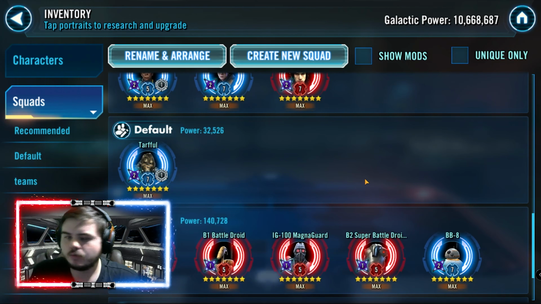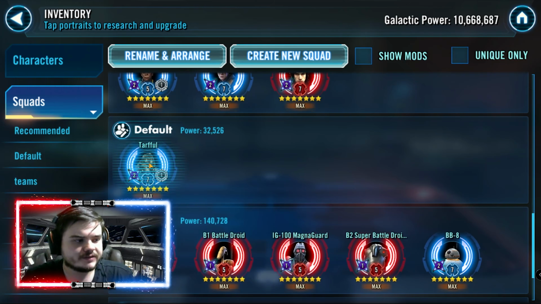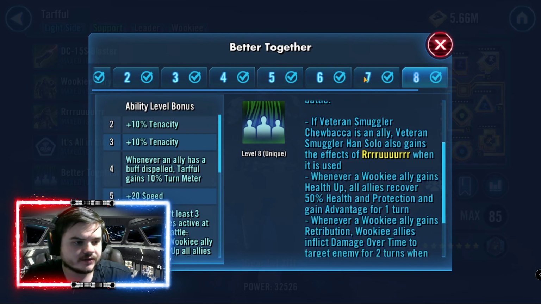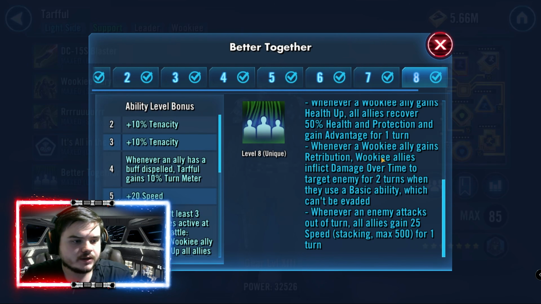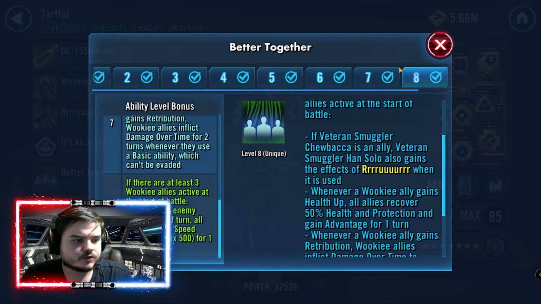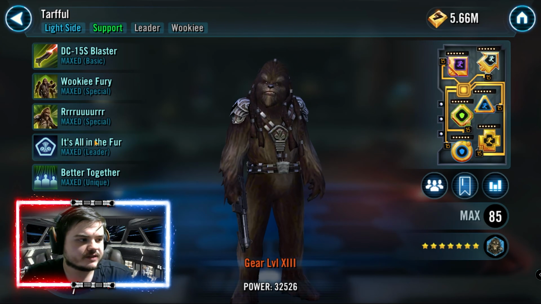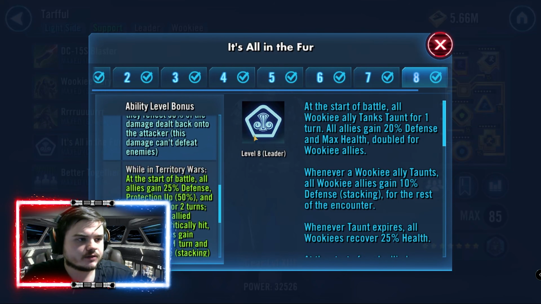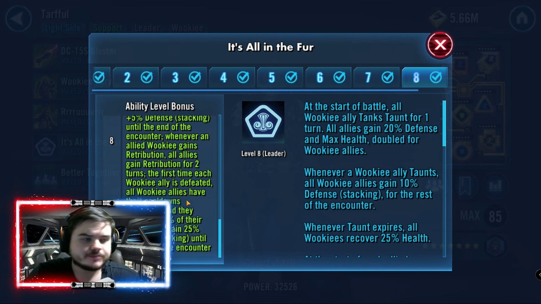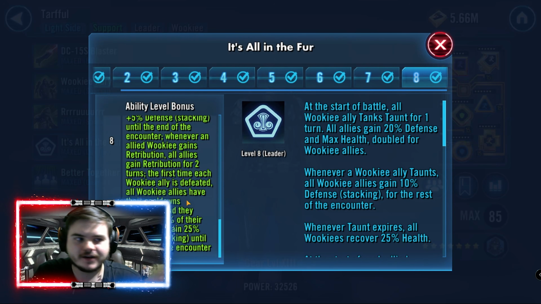If this is without doubt the best team you can use, it's Wookiees. Now the reason being, and it is Zeta dependent, if you have better together guys, what it's going to be doing is... sorry, it's not better together. My bad, guys. It's actually the lead. If you have the it's all in the fur, what's going to happen is you're going to reflect damage. And it doesn't matter if you got Gear 11, it doesn't matter if you got Relic 7 like I do,